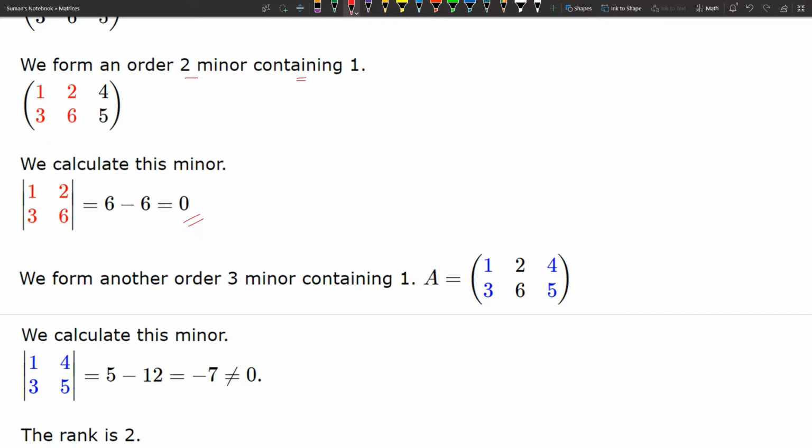So we form another order 2 minor containing 1. So let's check it. 1, 3, 4, 5. Now here we are getting 5 minus 12, that is minus 7, that is not equal to 0. So its rank is 2.